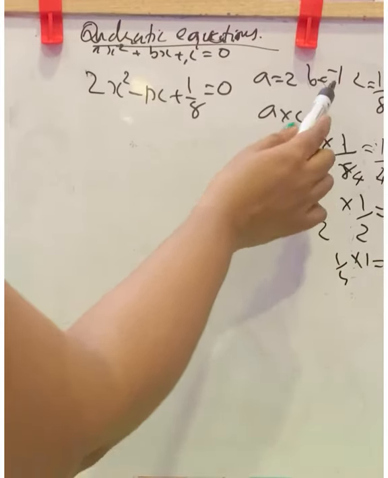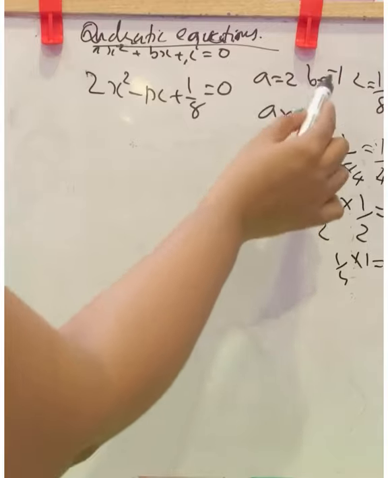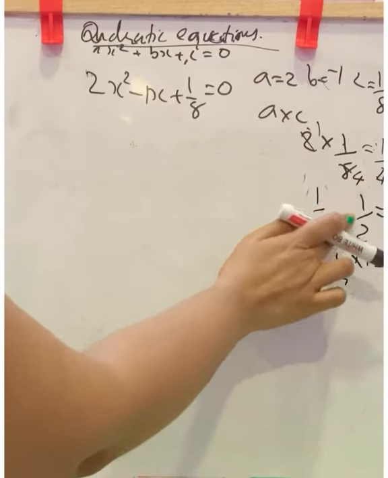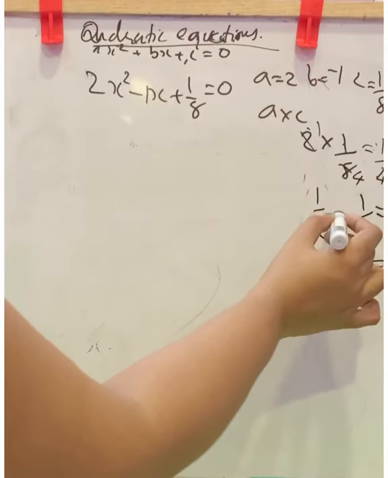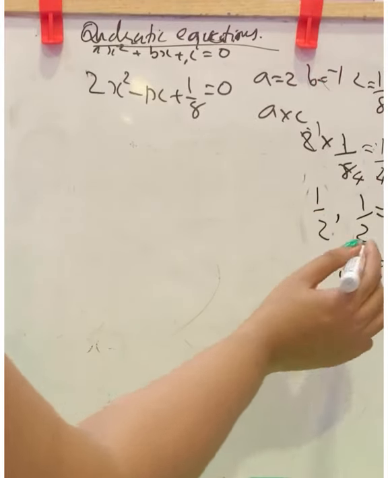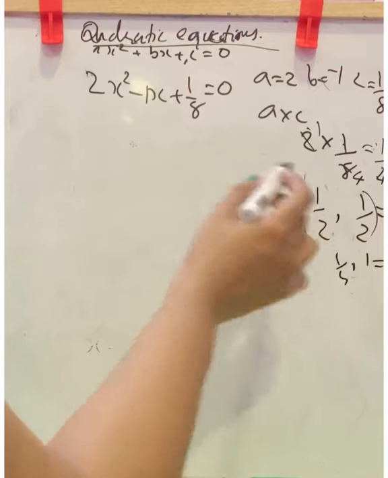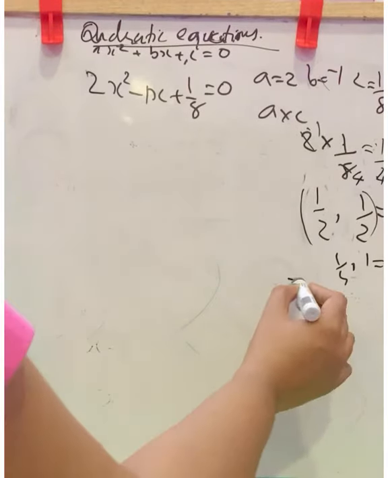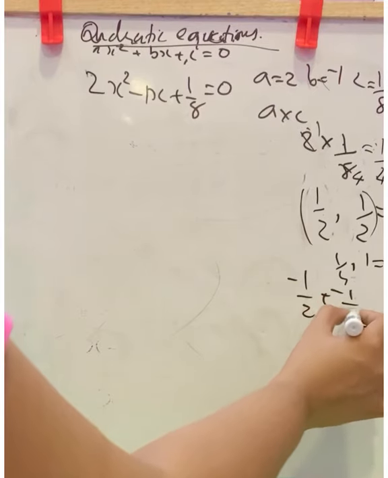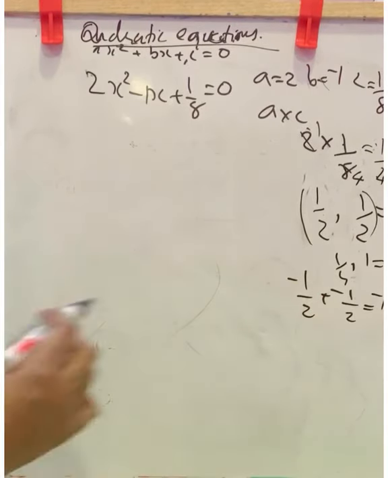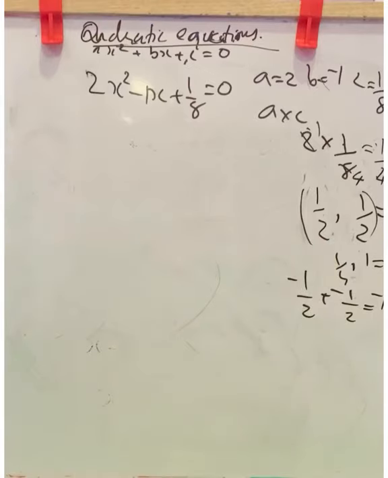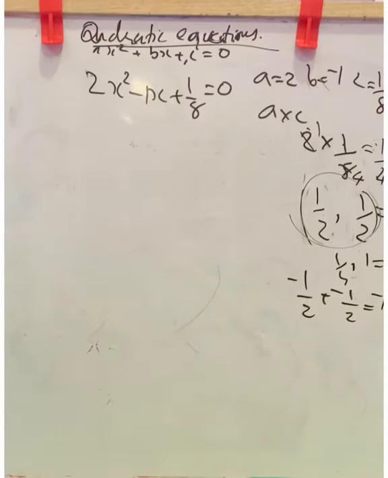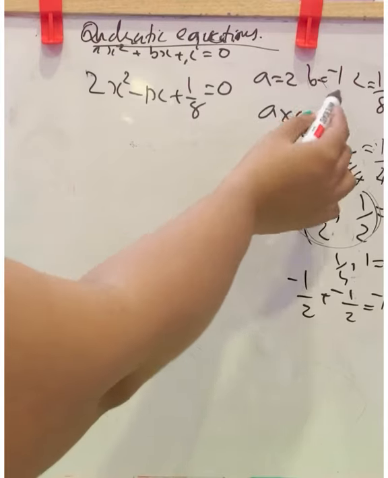Now check, this is enough. Let us check whether we will get the B term, negative 1. Yes, after adding or subtracting this, you have to get negative 1. Is there any chance? Let us check with this pair. Half and half, you will get 1, but you need negative 1. So how will you write? Negative half plus negative half is negative 1. Negative plus negative, the result will be negative. So you can write this as negative half plus negative half to get this term.